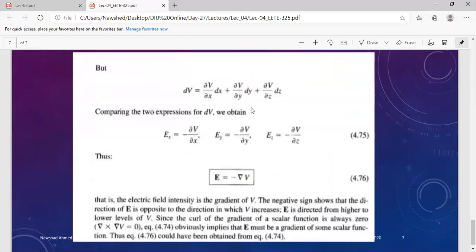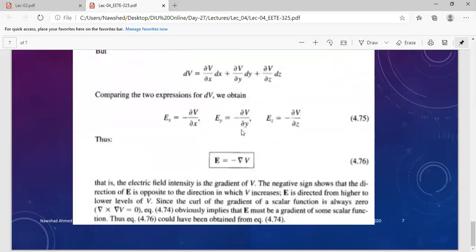And there was a derivation of E equals minus del V. It is very important, and we have solved this example and this equation. You can see the steps from my lecture video. It is done there, and you have to remember and be able to solve this equation, E equals minus del V. It is very important. After that, I will show you our lecture number 5.